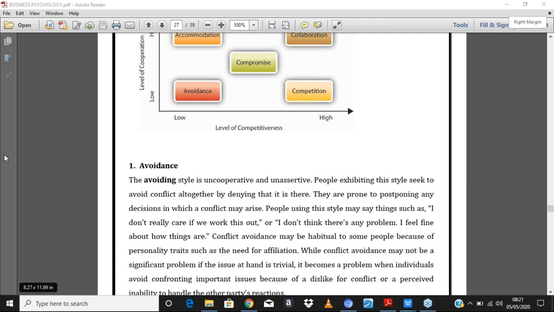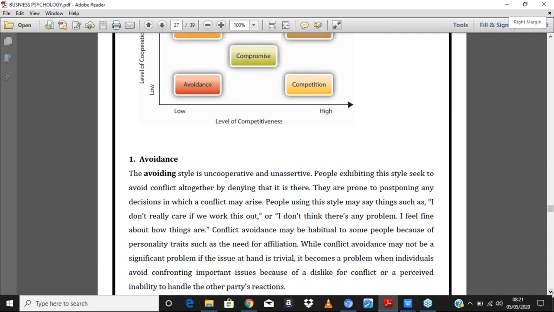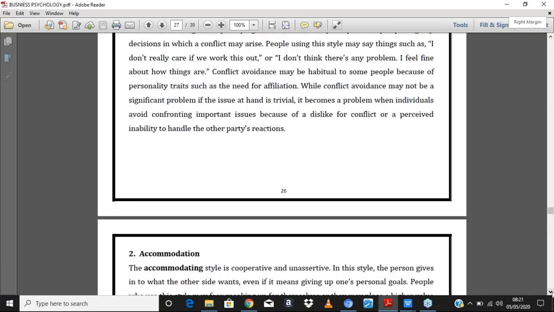They are prone to postponing decisions, because if I take a decision now, it will lead to a crisis. People using this style may use language like, I don't really care if this works out. I don't think there's any problem. They just try to avoid it by shoving it aside, by pushing it away as though it were not there. Conflict avoidance may be habitual to some people because of their personality trait. They are generally people who avoid trouble,